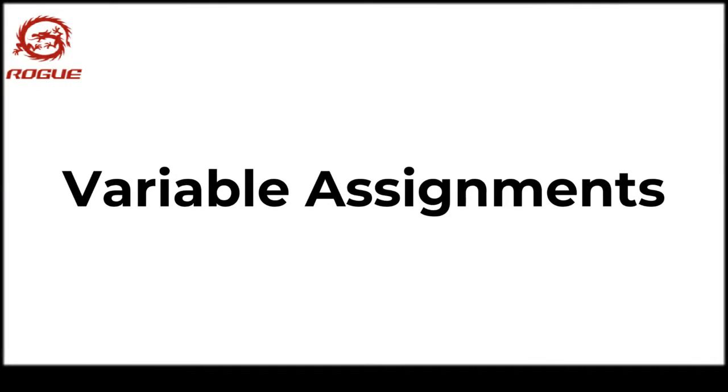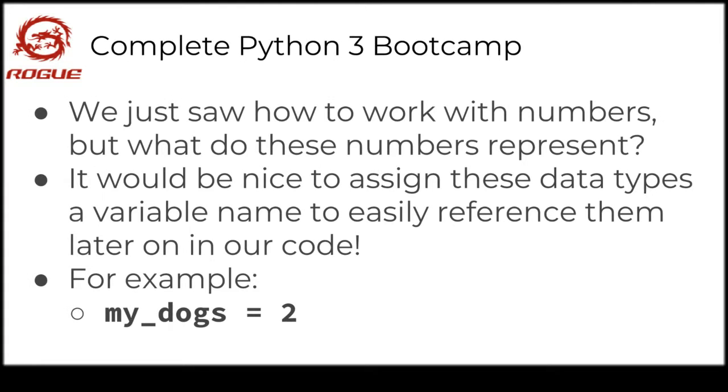In this lecture, we're going to be discussing variable assignments. Now we just saw how to work with numbers, but what do these numbers actually represent? We had integers and floating point numbers, but we don't actually have a variable name assigned to them. So it'd be nice if we can assign these particular data types a variable name to easily reference them later on in our code. For example, I could say a variable name my_dogs is equal to 2